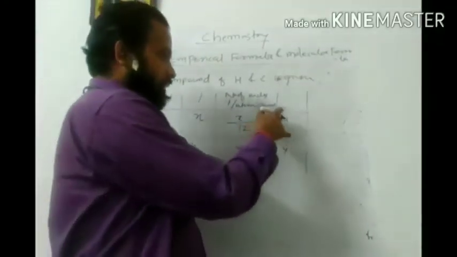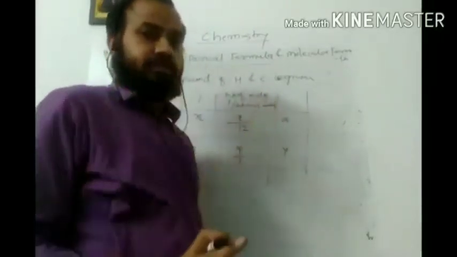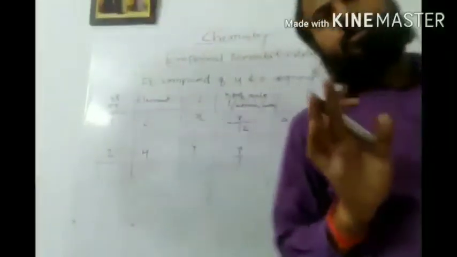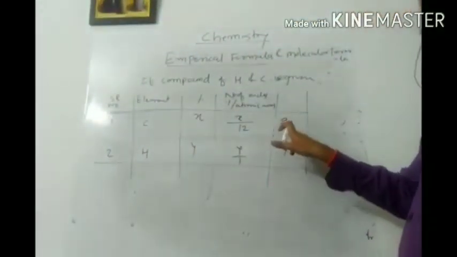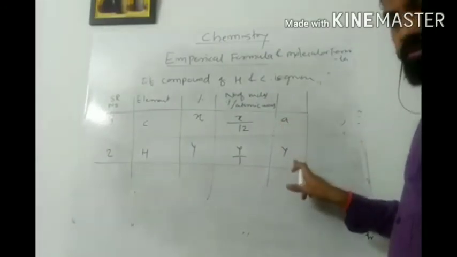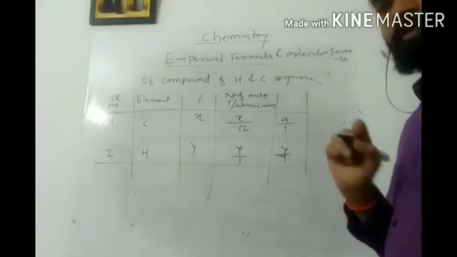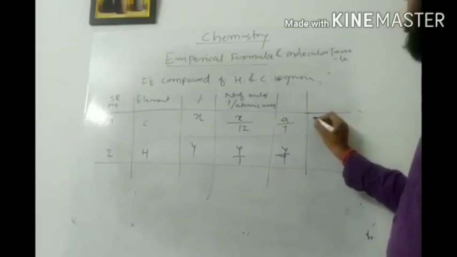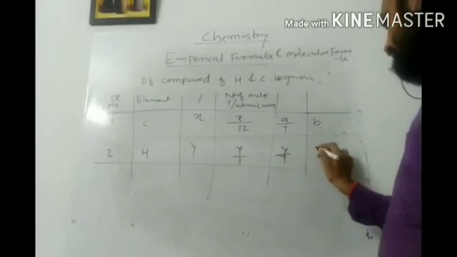Now we have to identify the minimum of these two. Let us say A is the minimum, or let us say Y is the minimum. In this example, as it contains variables, we are going to assume Y is the minimum. Then what we have to do is divide both these digits by the minimum digit. So I will write here A divided by Y and Y divided by Y. Let us say A divided by Y gives me the answer B. We are assuming this because Y divided by Y itself is 1.